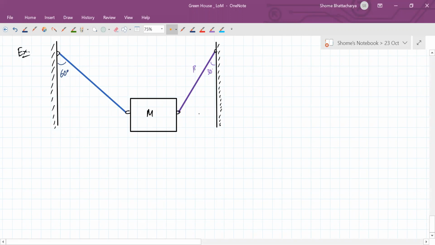So this is, let's say, rope B, and this is A. So A and B are light threads used to suspend a block